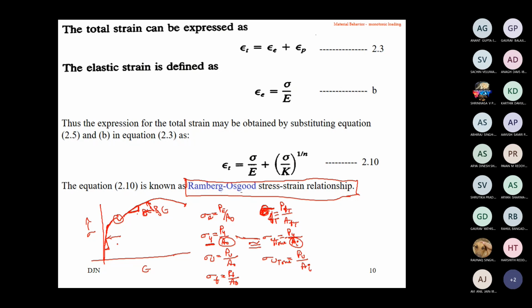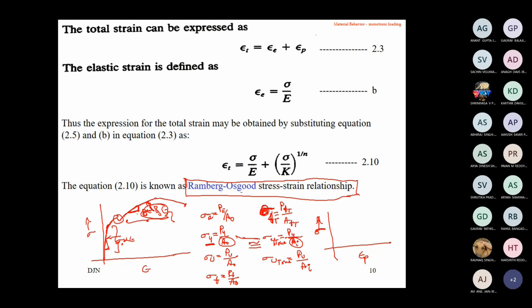Here it is linear. Stress is proportional to strain only in this particular region. When you talk about the plastic region, stress is not proportional to strain. Then what is the relationship between them? Obtaining the total strain relationship is not possible. Therefore, we plot the plastic strain. We can measure the plastic strain and the corresponding sigma at that particular value.